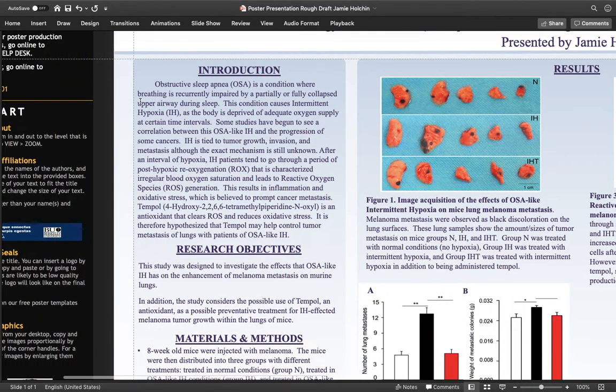It is supposed that OSA-like IH causes the period of post-hypoxic reoxygenation, in which inflammation occurs and reactive oxidative species form. This in turn is linked to cancer metastasis. Therefore, the objectives of this experiment are to investigate how induced OSA-like IH affects melanoma metastasis in the lungs of mice. In addition, the study considers the use of Tempol, which is an antioxidant, to possibly prevent the metastasis of